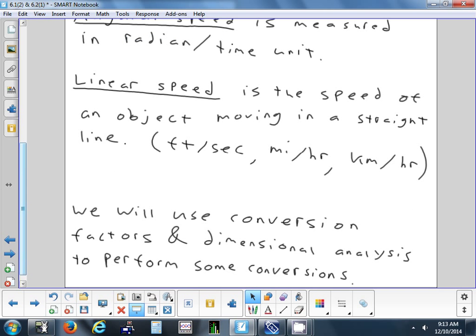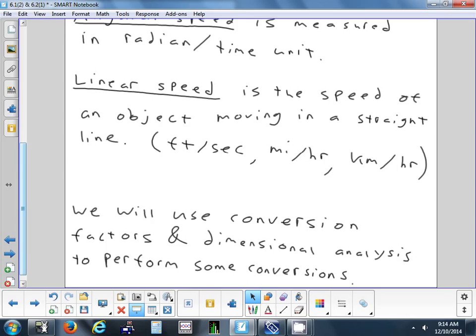And the way we'll convert between linear speed and angular speed, or even we'll just practice converting like seconds to years. We'll start out with something basic. We're going to use dimensional analysis. Okay, you've already seen a little bit of that when we convert degrees to radians. I asked you where would degrees have to go to cancel out. So we have it in the top, we have it in the bottom. We're going to do the same thing now with other units, like inches. And so we'll do it with lengths and times and